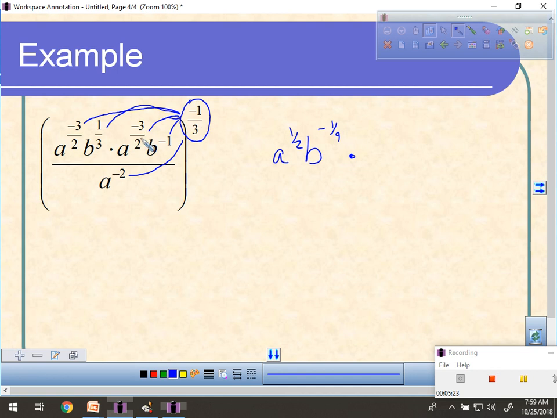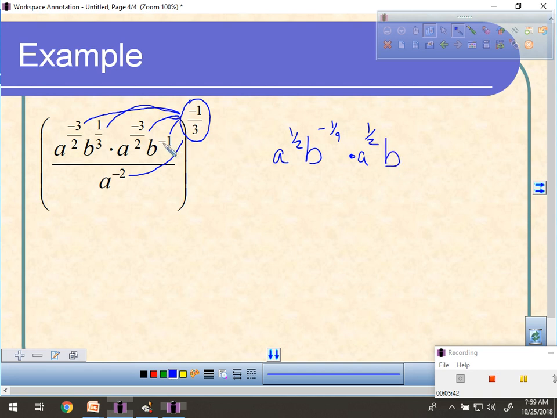And then I've got a to the negative 3/2. So I'm going to multiply that by negative 1/3. So negative 3/2 times a negative 1/3. Well, a negative times negative is positive. If you use your calculator, it should give you 1/2, and that's a to the 1/2, and then